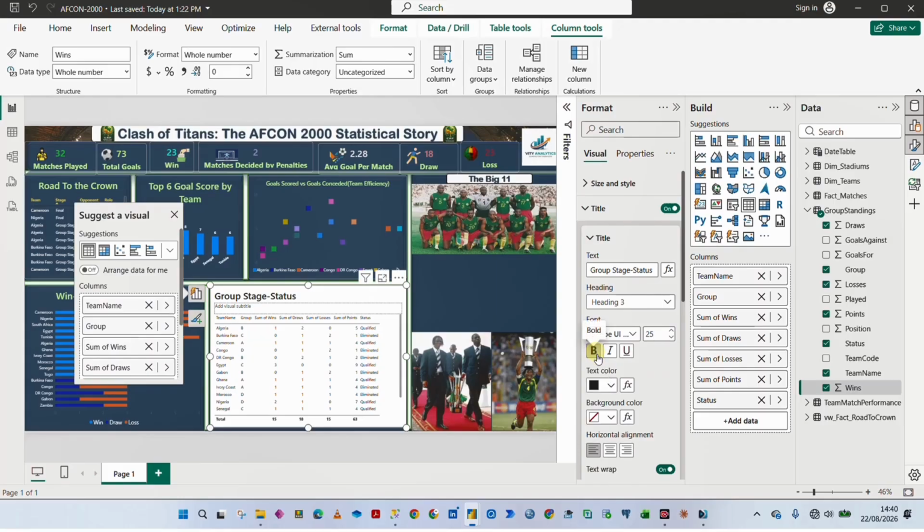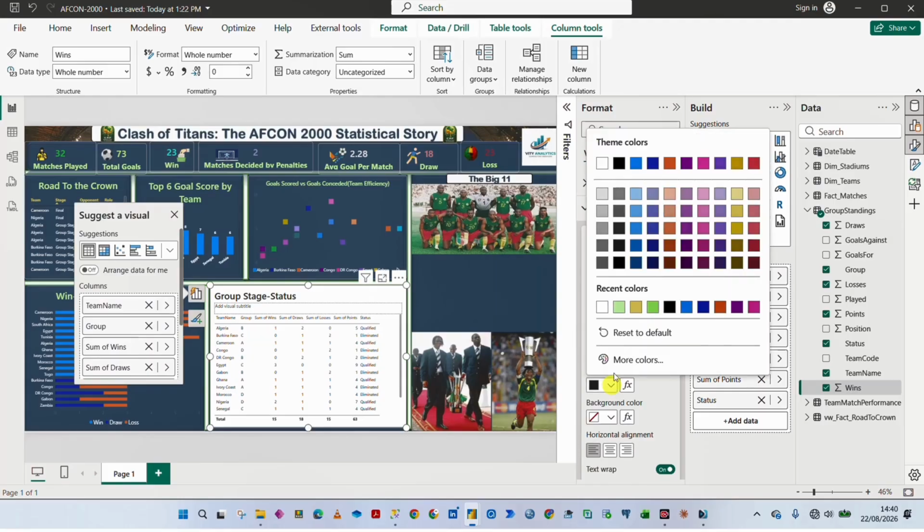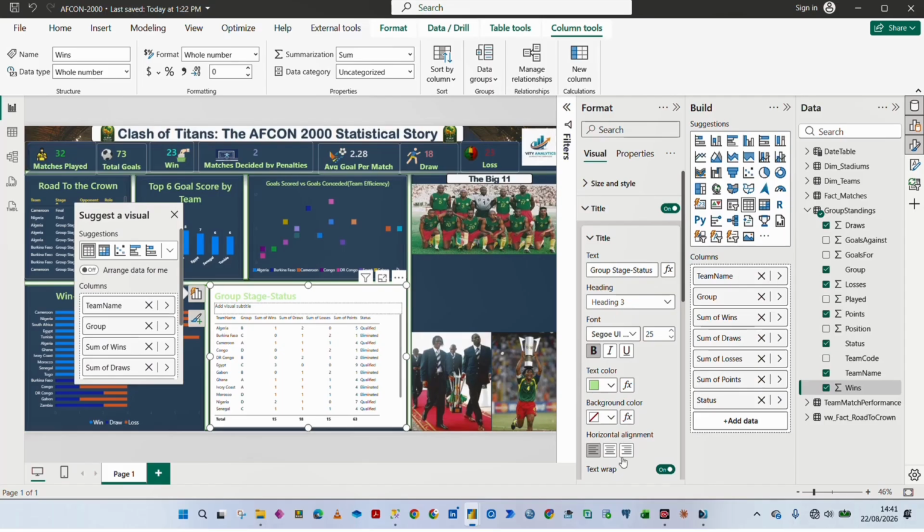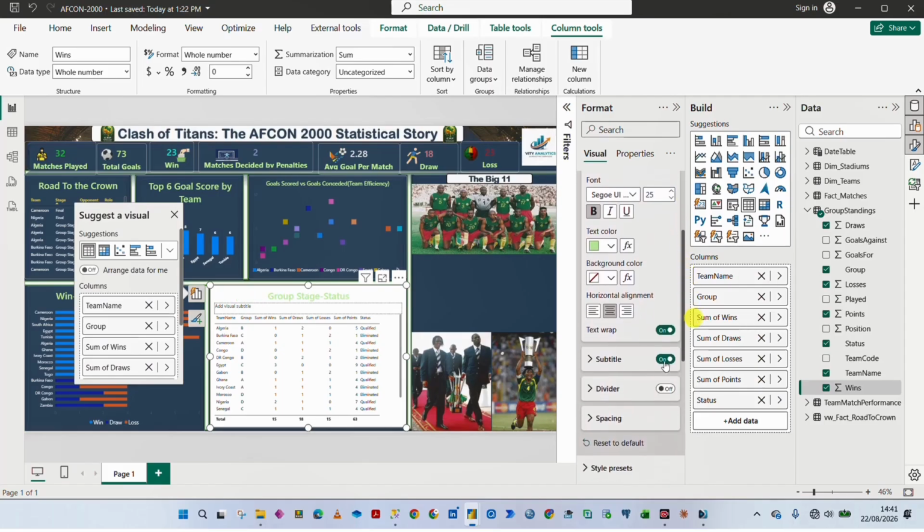We want to bold this. Then let's grab our color. Then we want to centralize this. As for the subtitle, we don't want that. And then